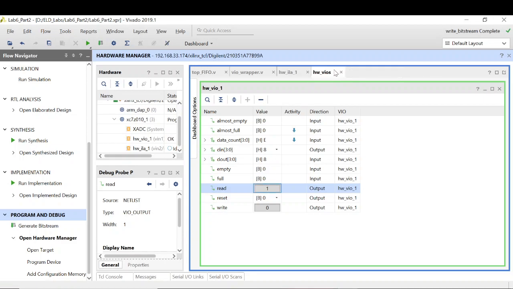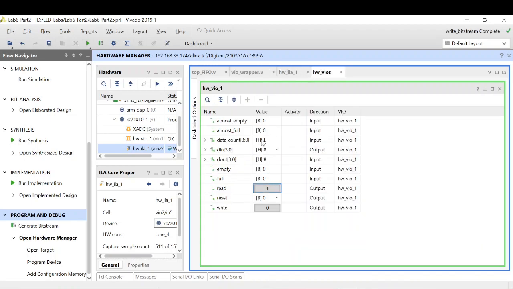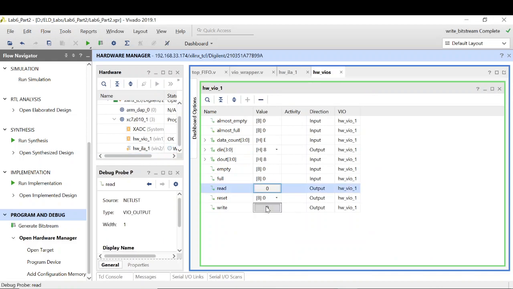That's fine. Next, I will start the trigger. And I will do one more write. As soon as I have done one more write, the almost underscore full goes high.